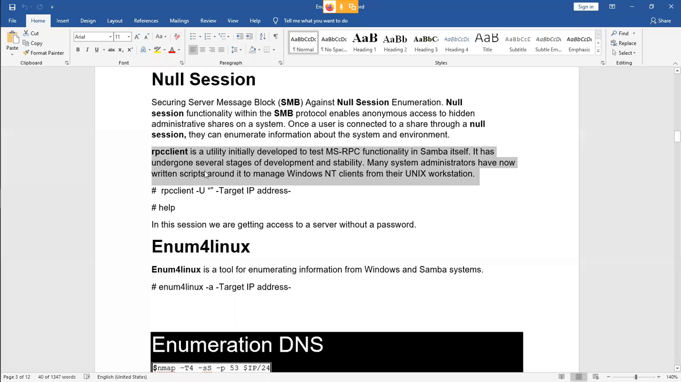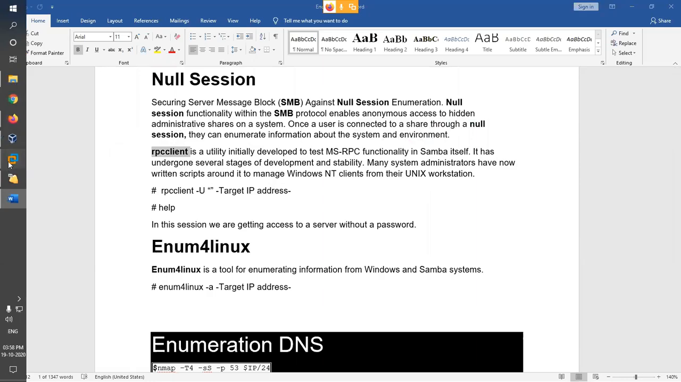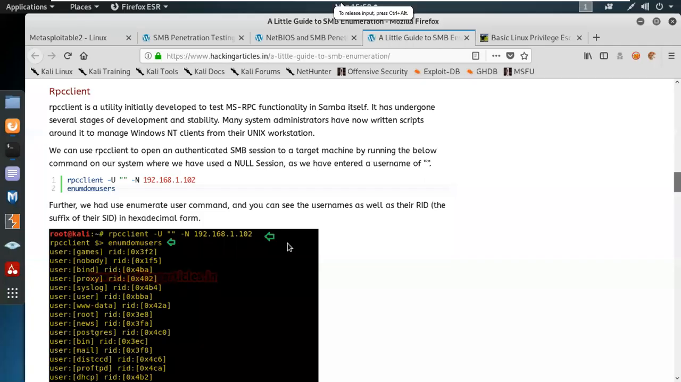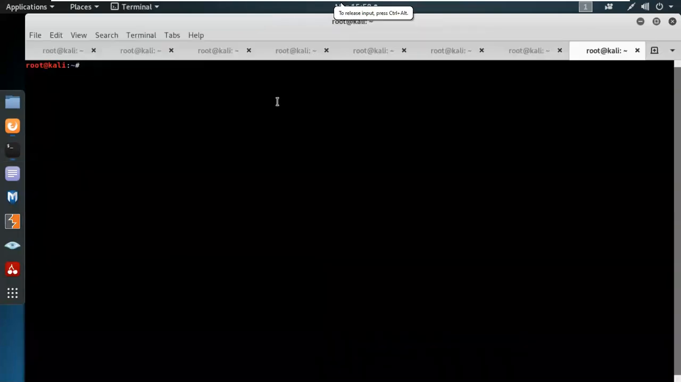RPC client is a utility initially developed to test MSRPC, Microsoft Remote Procedure Call, functionality with Samba. So these applications can be used to check connectivity of the Samba environment or the system environment. So what an attacker tries to do, through the null session, if he doesn't know the username and password, we can use SMB client